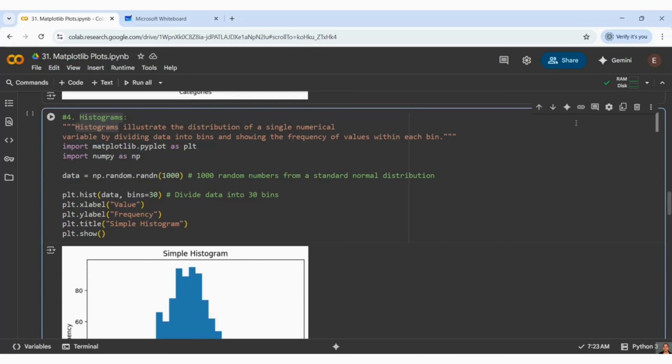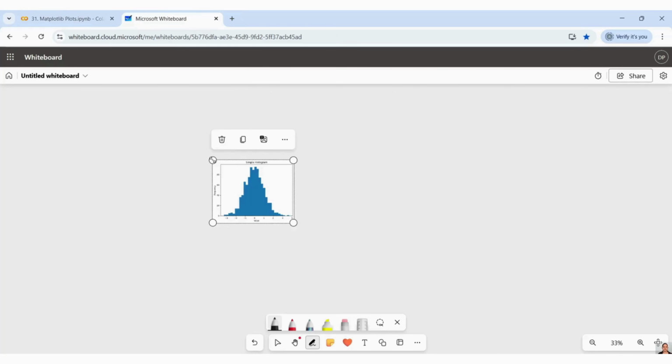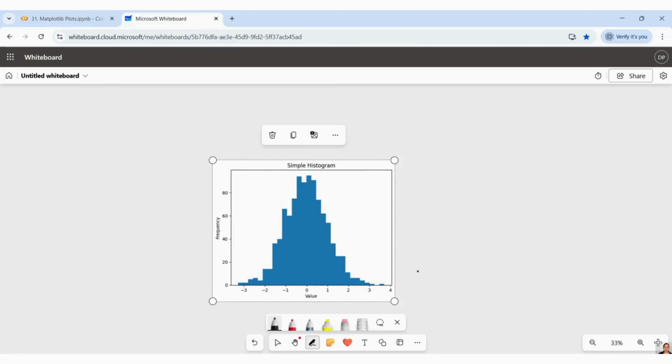That means, let me take this image to the whiteboard. If you see this, and if I draw a curve above it, you can see I'm getting a normal distribution, right?